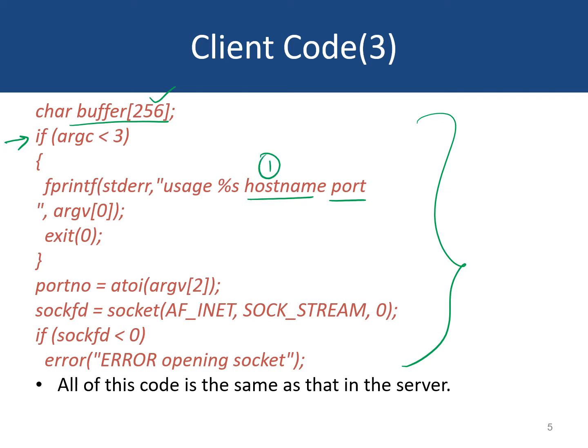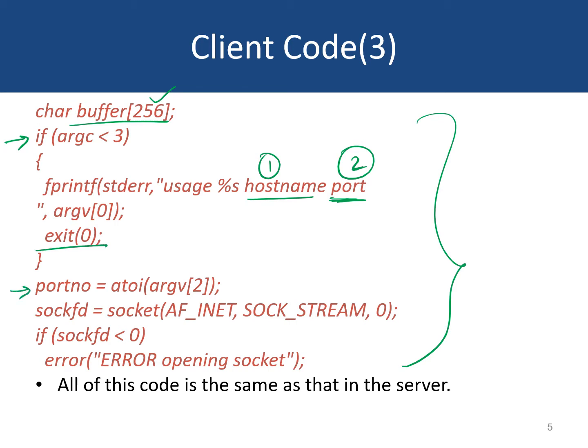The first is the host name or the IP address of the server to which this client wants to connect, and the second is the port number of the server machine where the server is listening for connections. Note that this is not the port number for the client. This is the port number where the server is listening for connections. If these two necessary pieces of information are not supplied as command line arguments, then we'll print an error message and simply terminate the program.